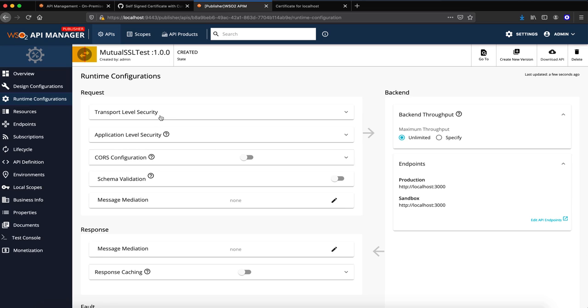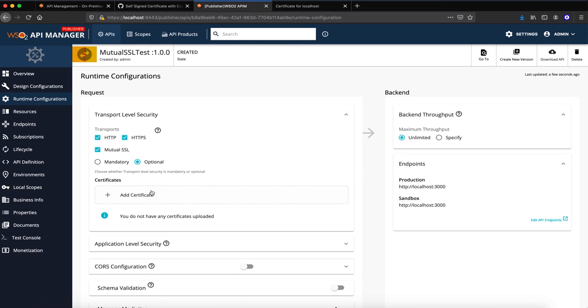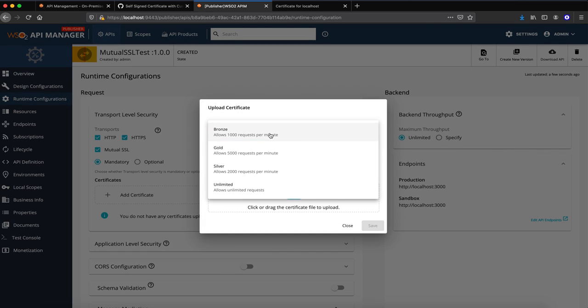So if you just go into transport level security, you see both HTTP and HTTPS options are enabled. That means the gateway will accept HTTP requests as well as HTTPS requests. For mutual SSL purpose, I can click the mutual SSL and then make the certificate either optional or mandatory. In our case, we want to make it mandatory, and then let's click add certificate, and we can click a